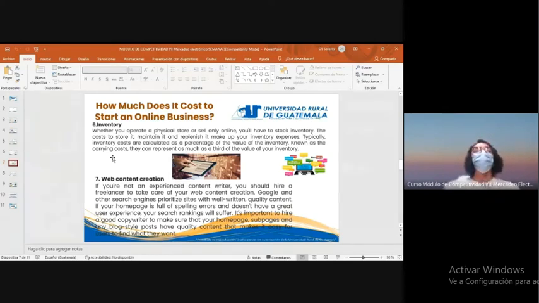It's really important to have a place to put your inventory, to put your merchandise. But like I said before, if you don't have it, you have to pay for a physical store, a physical place, and this is a cost that you need to take care of. For web content creation, you need a person to check